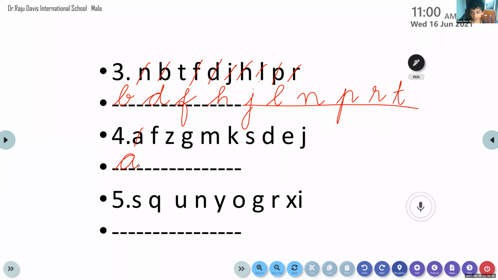A. Okay, which is the next letter? What's your name? Will you pronounce your name? E. Yes, E. Okay, B is not there, C is not there, D is there. Only then E comes. So A, B is not there, C is not there, then comes the D. D says, I'm here too. Okay, D. Then comes the letter E. Okay, have you all understood? E. Yes, E, I've written it. After E, which is the next letter? F. Yes, F. F is there.